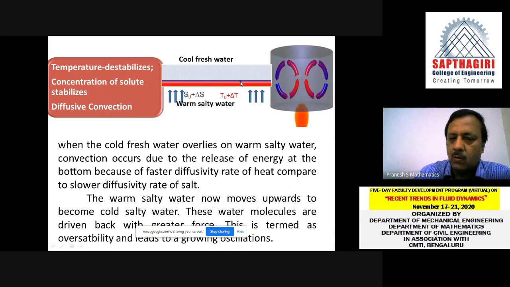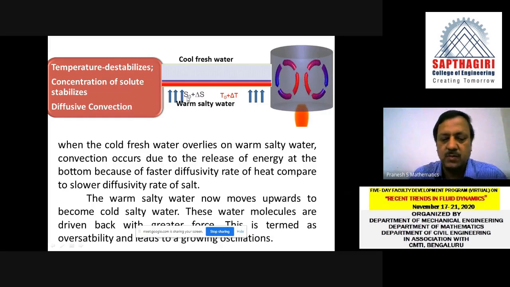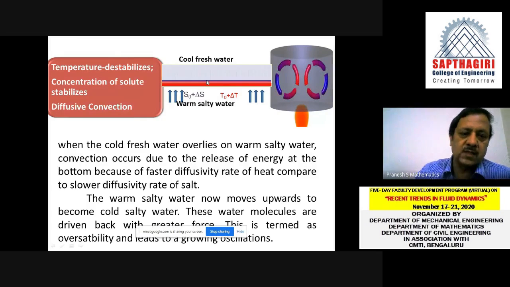Here also, one component is stabilizing, the other component is destabilizing. So when this salty water moves upward, because it becomes lighter, it becomes cold water when it reaches the upper plate here. And these water molecules are driven back with greater force, and this is termed overstability, and this leads to growing oscillations here. So these two cases, case 3, the salt fingering, and case 4, we call it diffusive